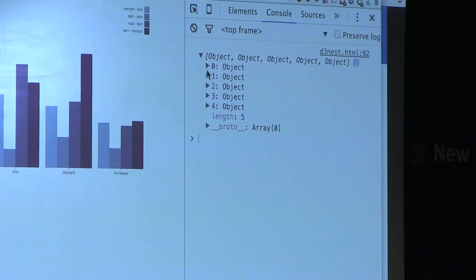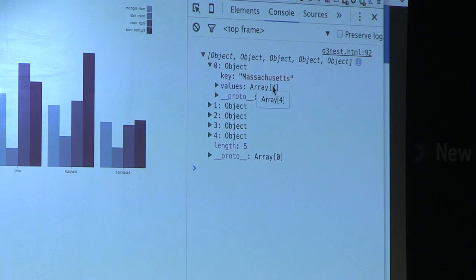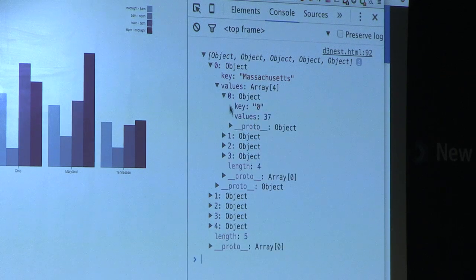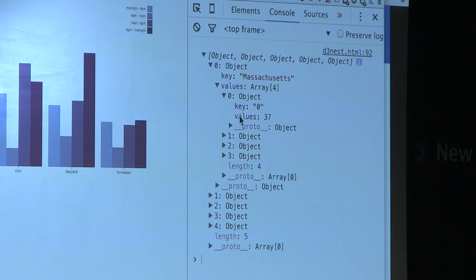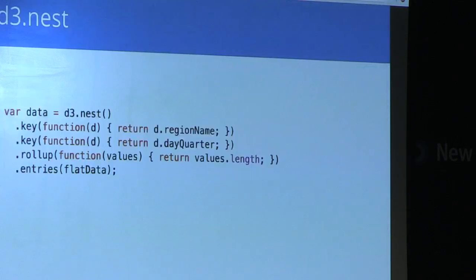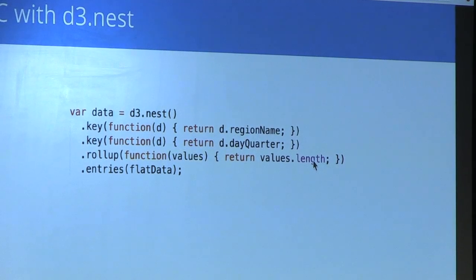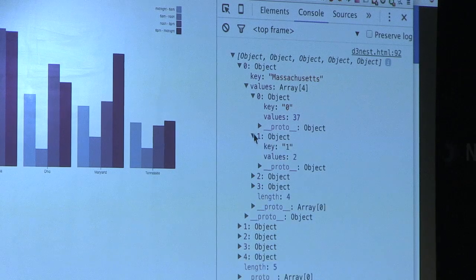The output of d3.nest is an array of things, and inside of it is a key, and then it says values, and in that is another one of these arrays. It's a nested data structure. It repeats itself, and within that it's key like 0, 1, 2, which is how I call the quarters of the days. Then within that I could have the raw values, but because I specified that I wanted to calculate their length, to count how many values there are, it just puts a number down for me. And it gives me this nested object to play with.